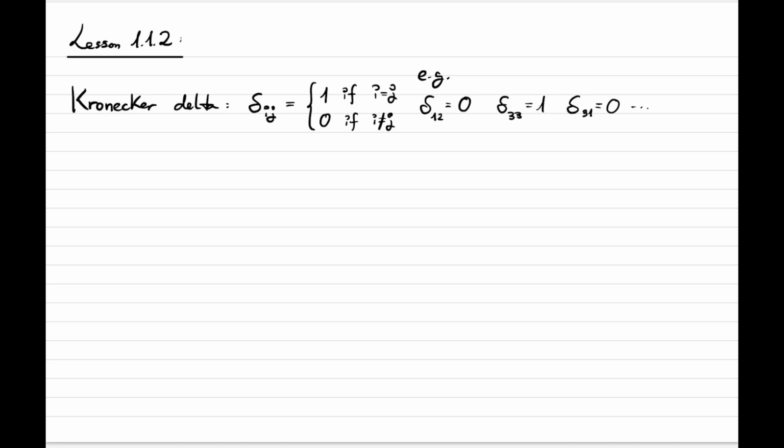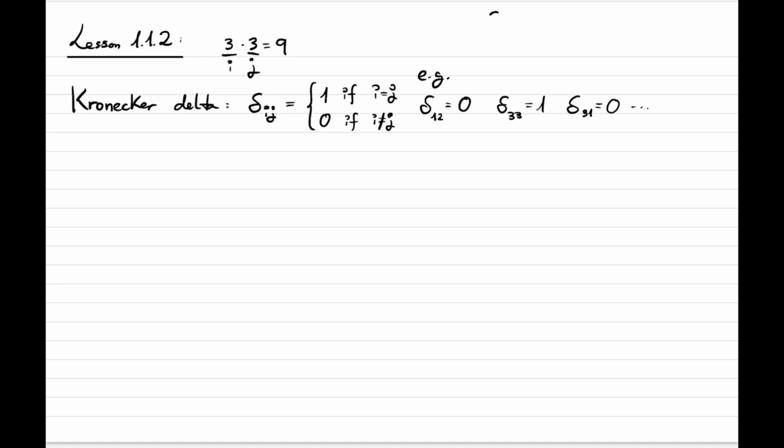So now we may ask, wait a second, how many components does the Kronecker delta have? Let's remember that the indices can run from 1 to 3. So we have two slots, the first being the i index and the second the j index. For the first index, we can pick one out of three numbers. We can pick 1, 2, or 3. And after this number that we have picked for the first component, now we can pick any other of the three numbers. So it's also 3. So this results in 9 components of the Kronecker delta,